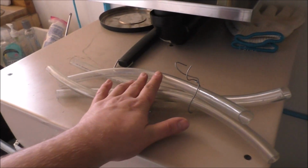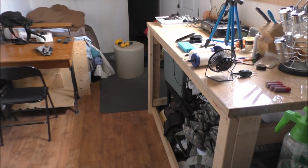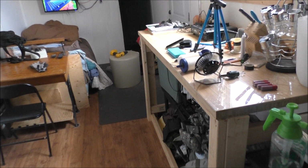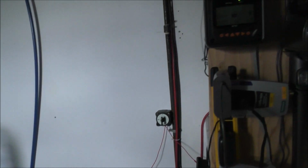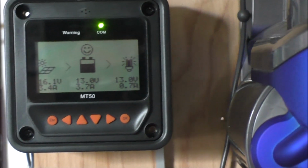And hopefully these tubes will be long enough for the new setup there. We'll see. This bucket is longer and wider than the other one by quite a bit, so we'll see exactly how that works out. It's all I could think of for now, guys, because I'm on a tight budget here. I just grabbed that stuff that I had around that was free, and stuff that I thought would work. Because remember, guys,